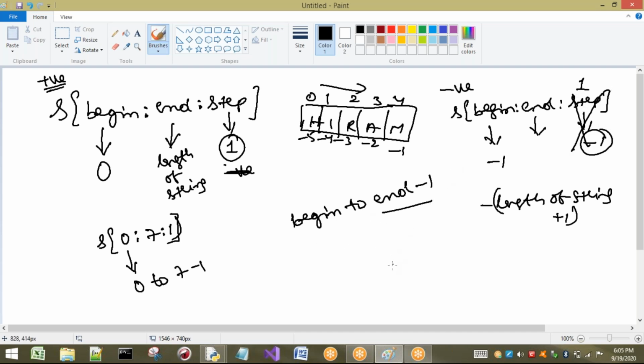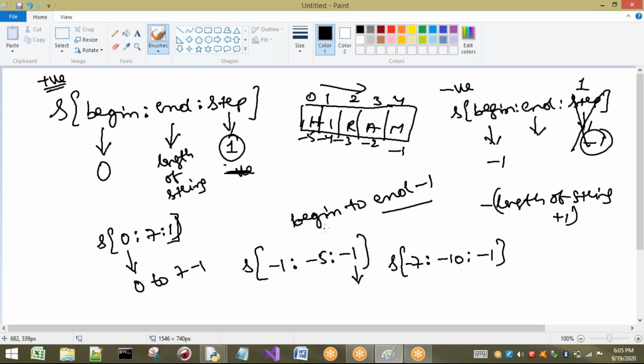Now I am going to consider a small example. I will take negative values, for example, in the backward direction. So s of minus 1 to s of minus 5. Here I am taking minus 1, so this indicates the reverse direction.